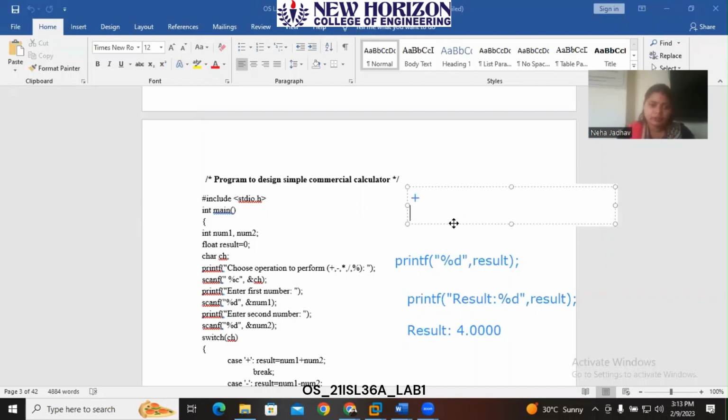Once the user has chosen the plus operation, it will ask us to enter number one. I'm giving number one as 4. Then it will ask you to enter number two. If I give 5 for number two, then you will get the answer as the result. Whenever number one and number two are given, it will go to case plus. It will calculate the result here. Then it will display 4 plus 5 equals